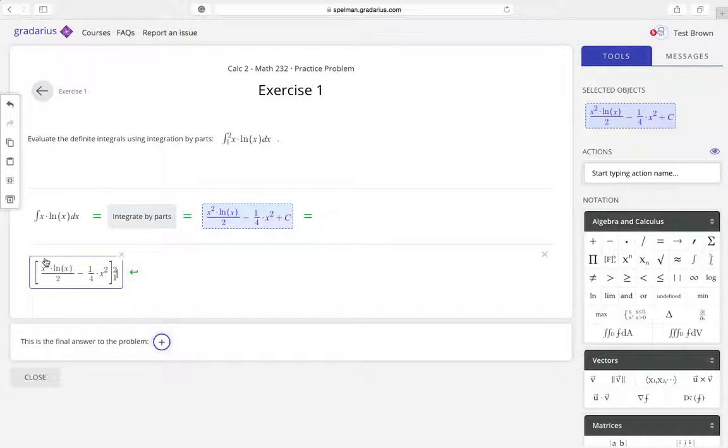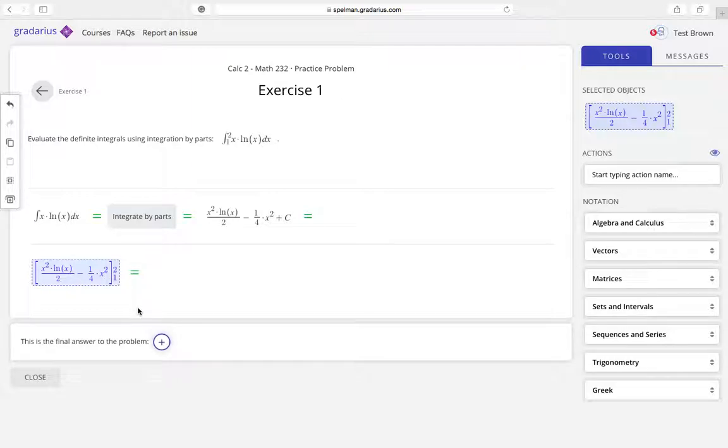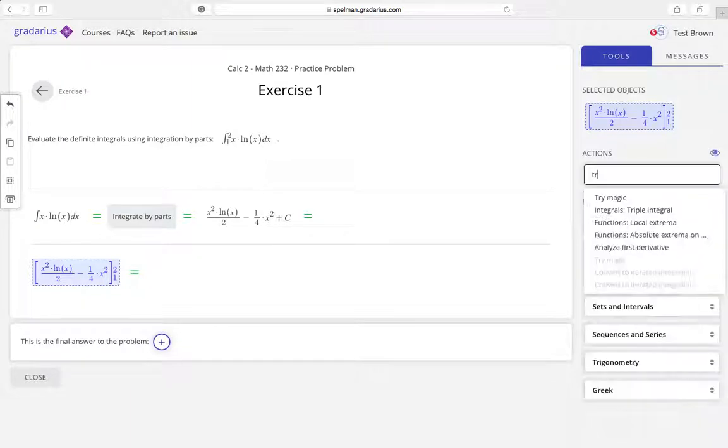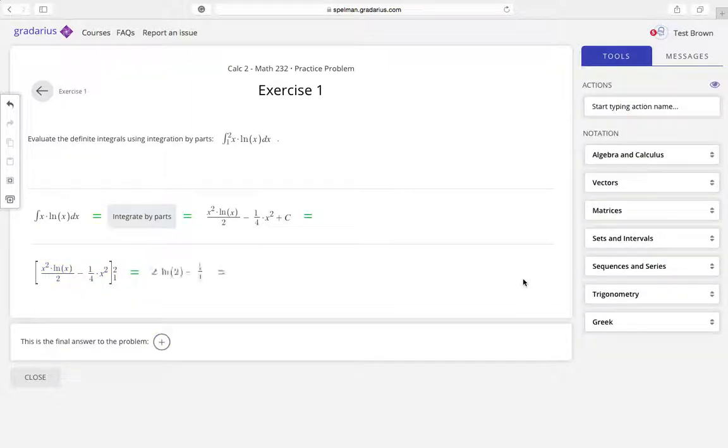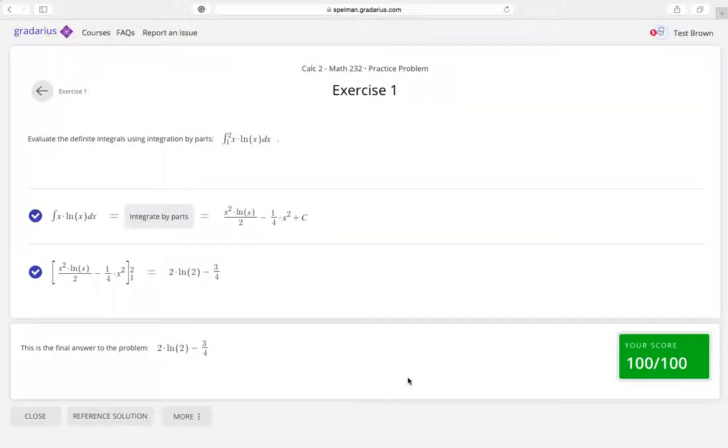So we want to evaluate this, right? Well, we're going to highlight this. And so there's this action called try magic. And that basically will help you simplify your life. And you can also use, I don't know if you can use this to double check, sort of like a Maple, but we'll talk about that later. So we highlight our expression and then we put try magic. And what do you know? We have our final answer, right? And so we just add this to the final answer, submit, and we are done. So I know